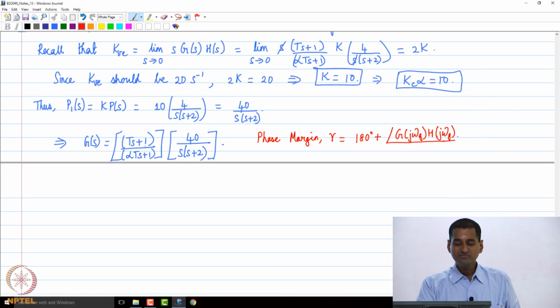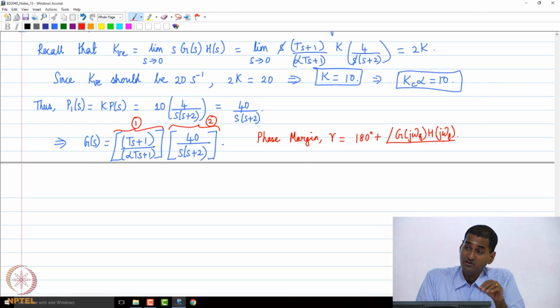Now, you see that the phase of the open loop transfer function comes from two components. What is the first component? It is this (Ts + 1) divided by (alpha Ts + 1). The second component is this. We have already seen in the previous class that the lead compensator provides a positive phase, is it not? So the factor (Ts + 1) divided by (alpha Ts + 1) would provide a positive phase to the open loop transfer function. Thus it will essentially increase the phase margin,